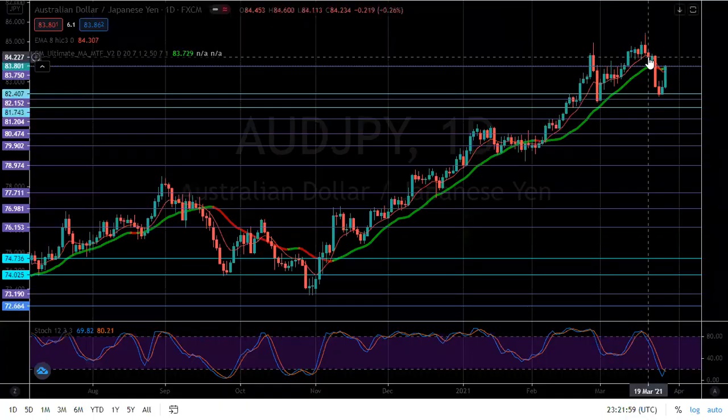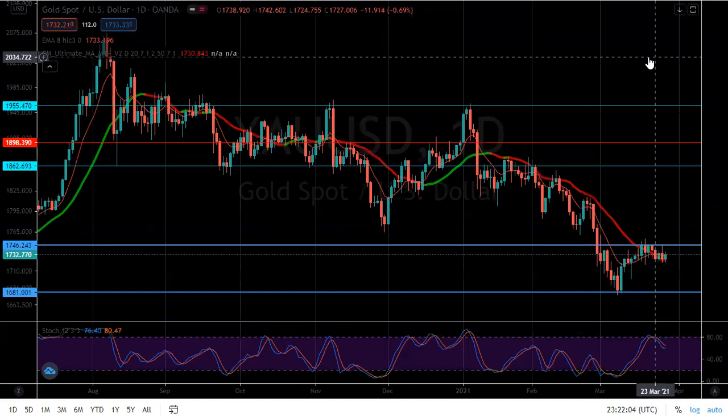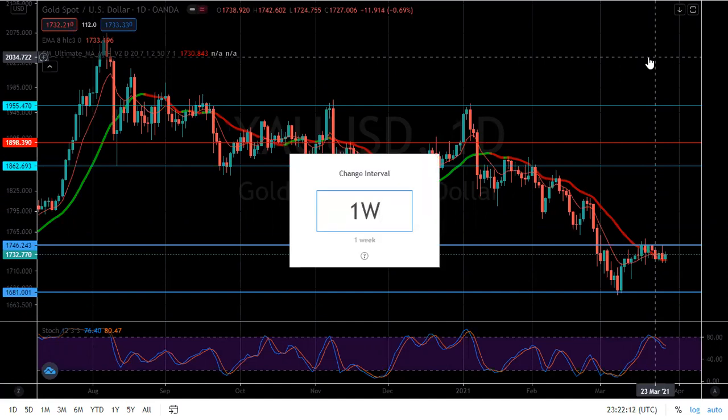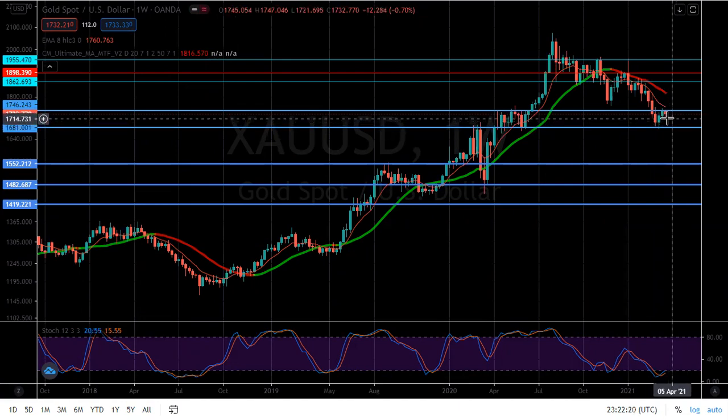Next on my radar will be gold. And for gold, what we've seen so far has been a range. It just ranged all through this past week. That's what we have on the weekly time frame also. We've got this range, but the candlestick pattern we have here is an inside